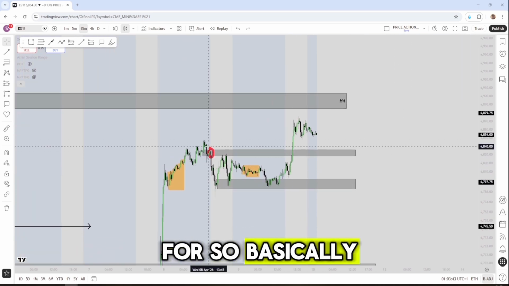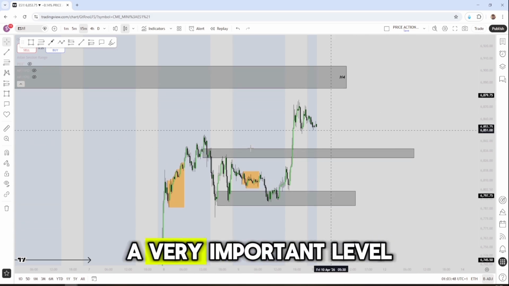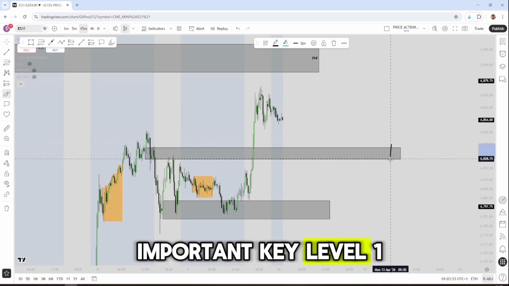So basically, we know that this is an established key level. So ES, we know this is a very important level. So in other words, if this is an important key level 1, key level